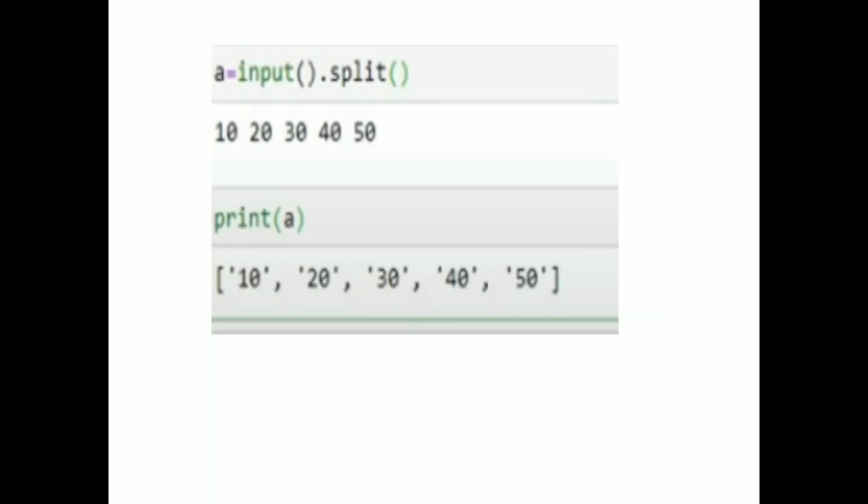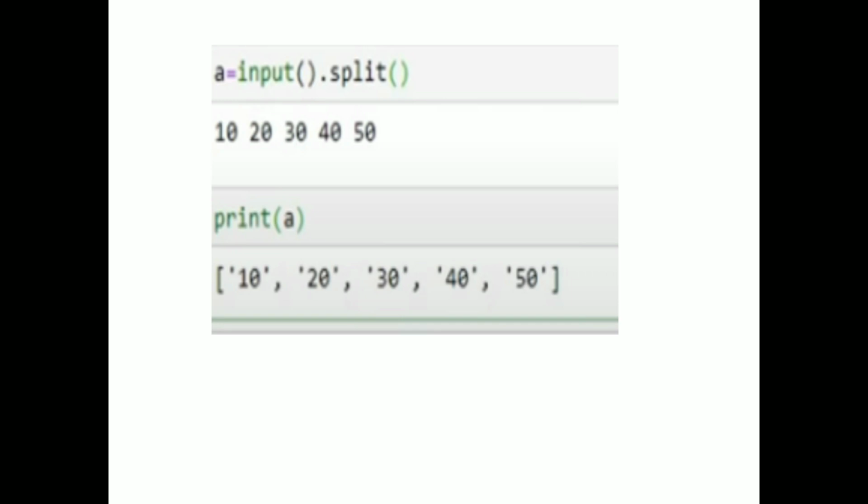Next one is a split message. We need to split the output in different ways: 10, 20, 30, 40, 50 has been passed, and we need to split it. Here you can see print of A. A equal to integer type, that is the keyboard we are passing.